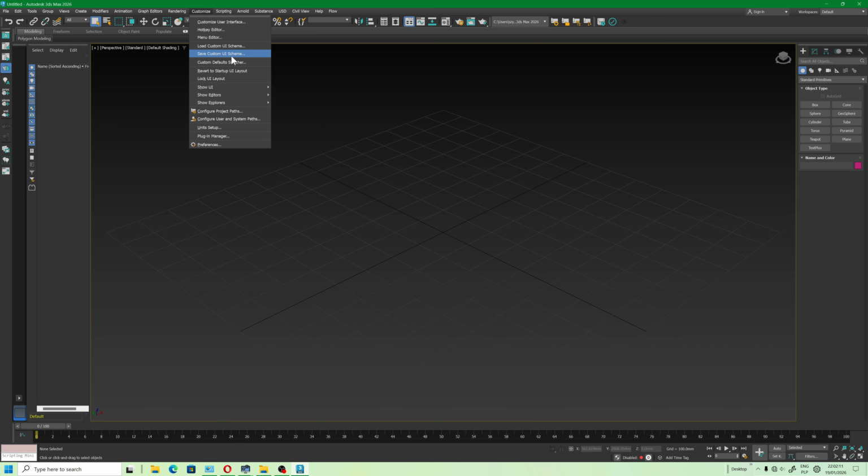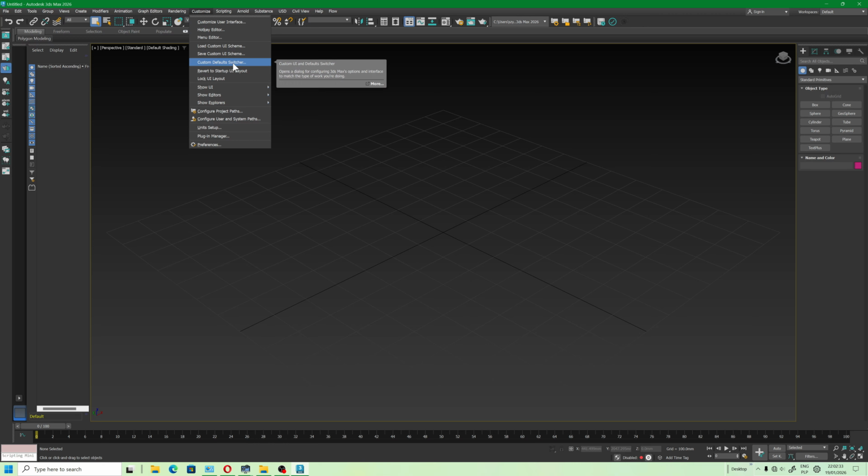Today I wanted to show you how to make this program look similar to Softimage 2015 Service Pack 2, because not everyone likes a dark interface. I will show you how to make it bright, because you can customize it and we have an option like